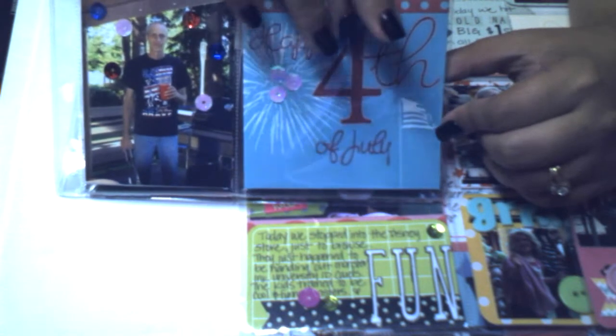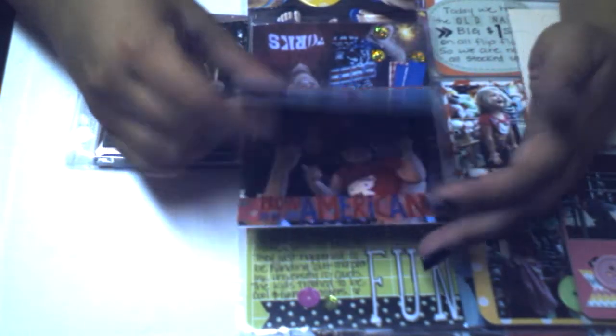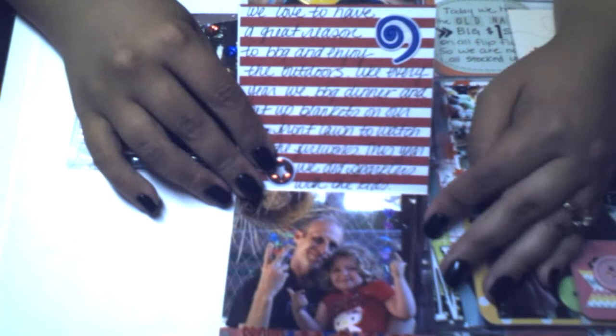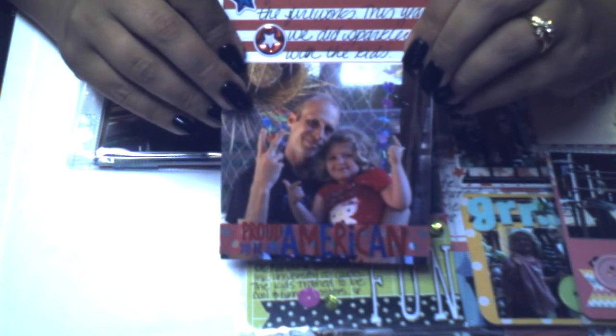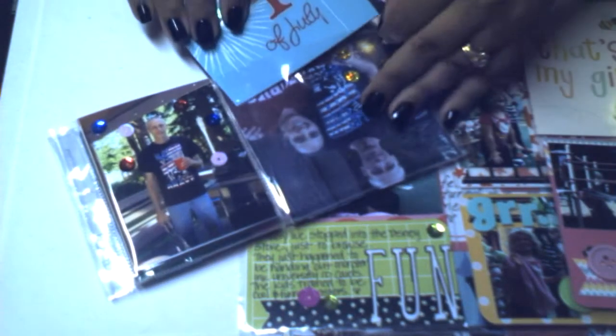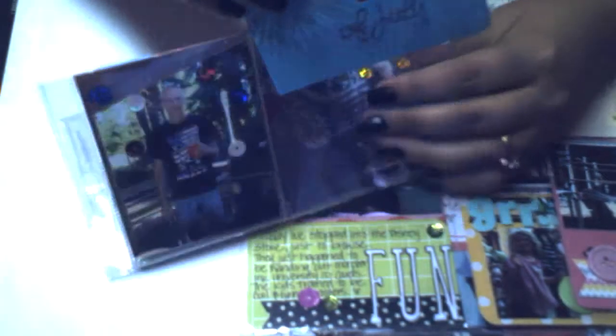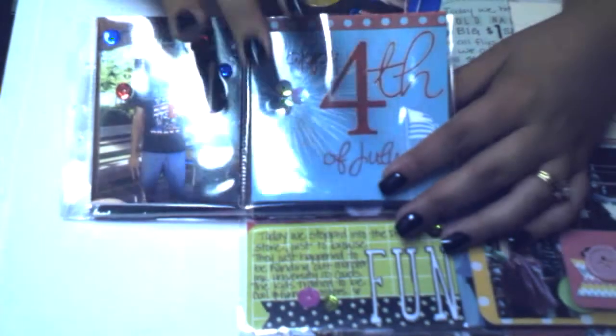And what I did with this is I made a little flip inside this one. So it just has journaling, and then it has a picture of my daughter and my husband on the inside of that. So everything in this section that shows this red polka dot tape up here, that tells me that it flips open. So the next section